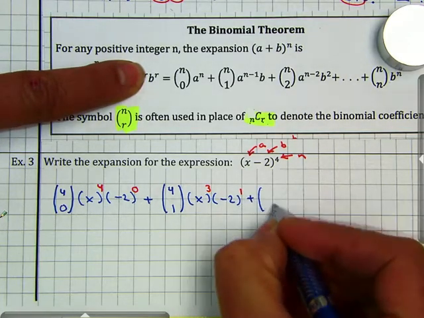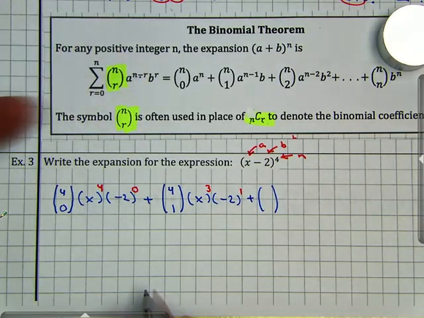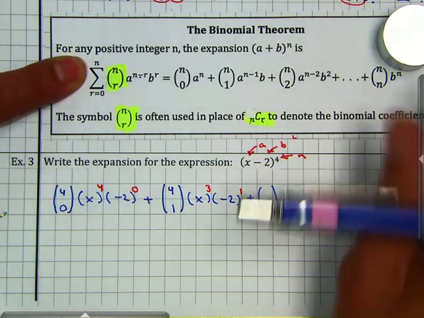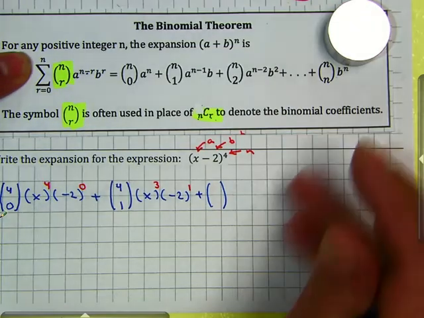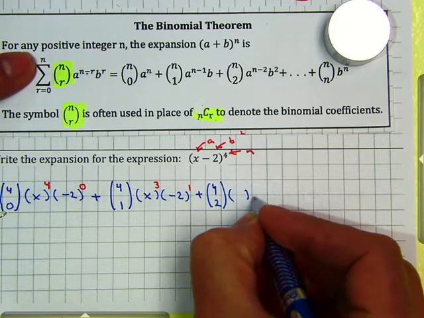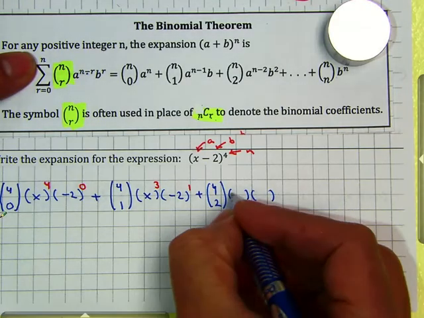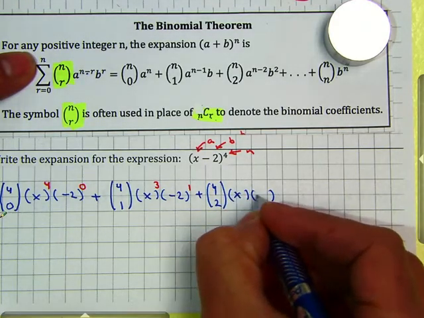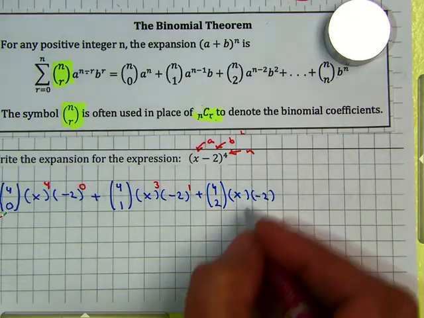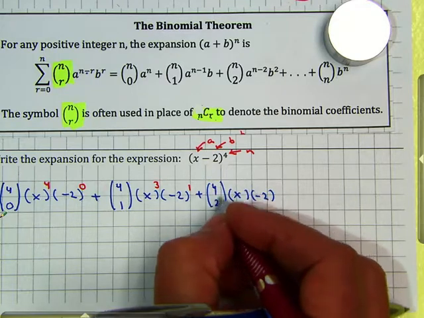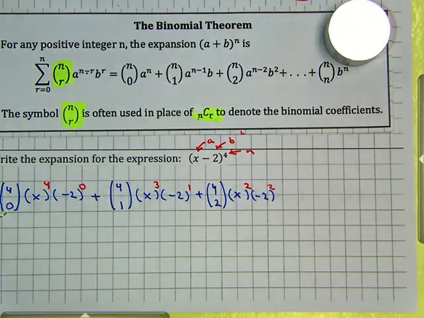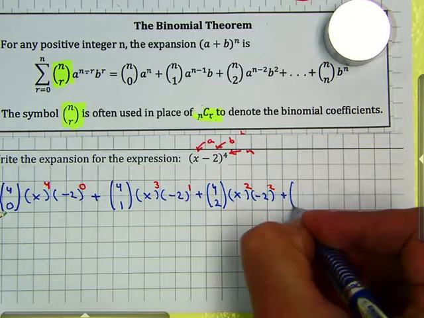Plus. Now my r will be 2. Remember, we're going to go all the way up to n, all the way up to 4. So make sure that you guys are writing small. I should be writing smaller as well. So it'll be 4 choose 2, my a is x and my b is negative 2. My exponent is n minus r, so 4 minus 2 will be 2, and this is r, which is 2. Plus